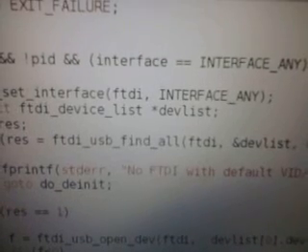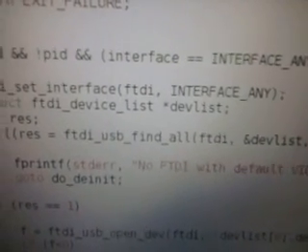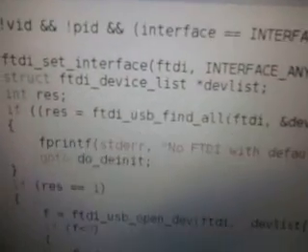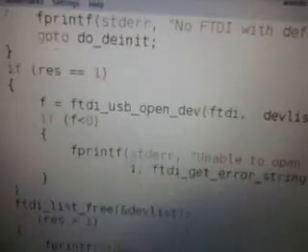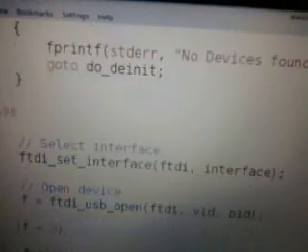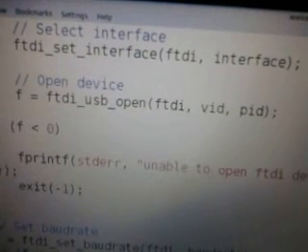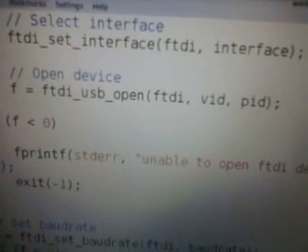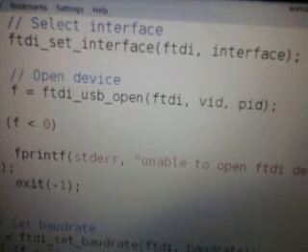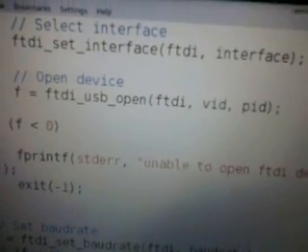If I give a particular name of a device, then it will interface only with that device. ftdi_usb_open will open the USB device which is connected to the system.